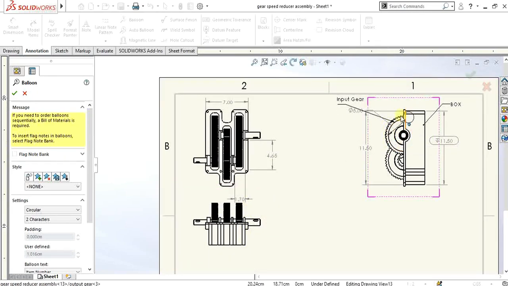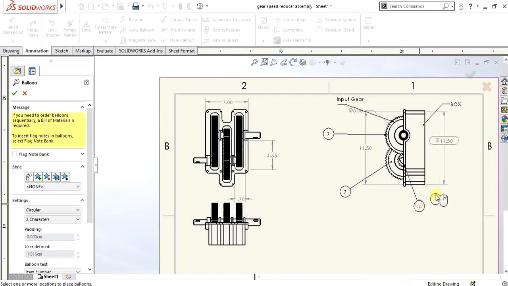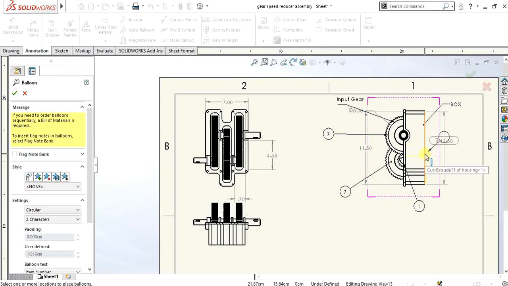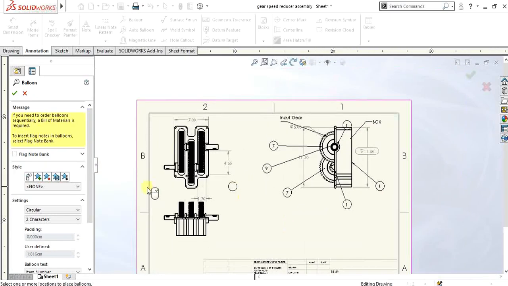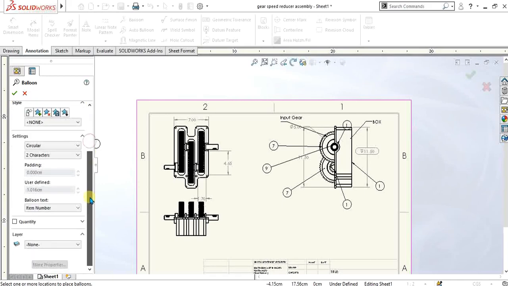Like this is our first part, we will add this, and I will add this, and this is our first part, this is our 7th part. These parts are numbered according to the assembly you have made in SolidWorks. So like this you can add the balloons.